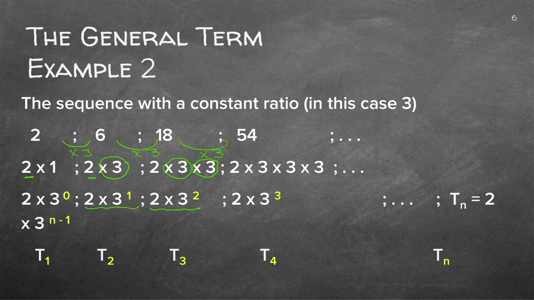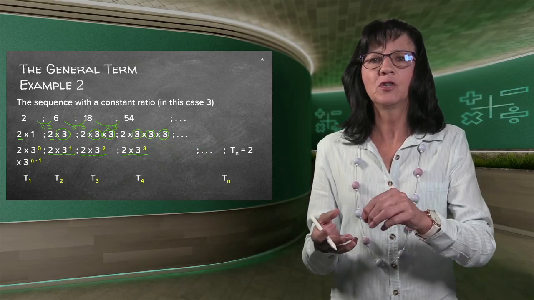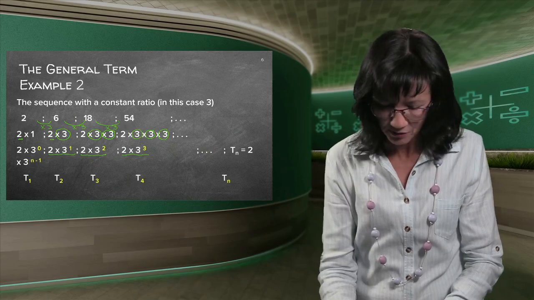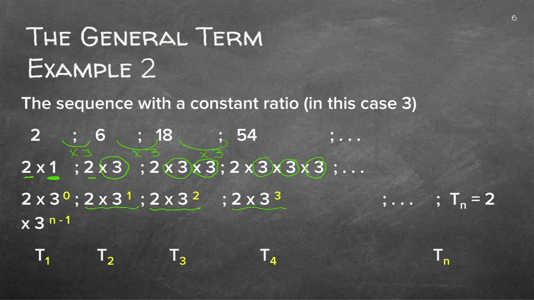Now, let's just leave the first one for a second. This one is also 2 times 3, which is the 18. But I times it by another 3, so that gives me 2 times 3 to the 3. So I can see my pattern is every time 2 times 3 something. So the first one should also be 2 times 3 something. And what do you know about 1? All ones can be written as something to the power of 0. So what am I going to do? I'm going to write it as 3 to the power of 0.